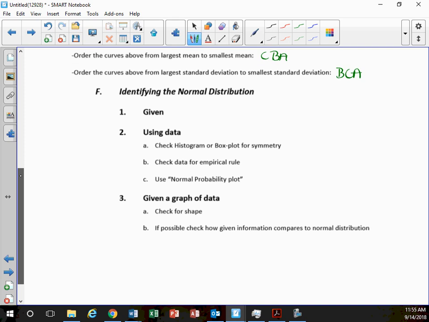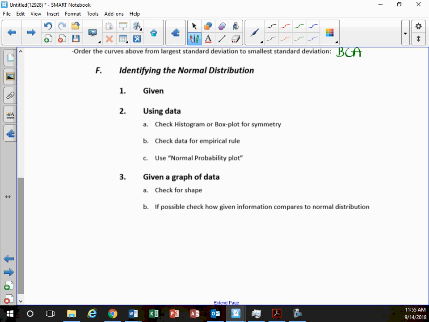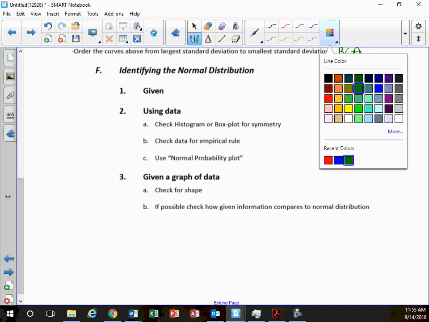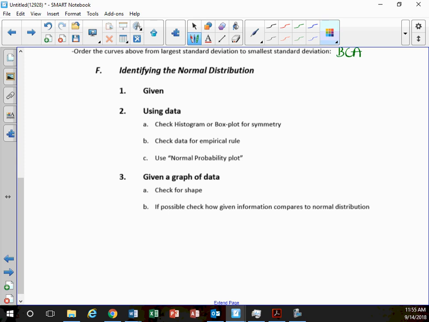All right, so identifying the normal distribution. This is something that you are absolutely going to do on free response questions on the AP exam. Later in the year, we'll get to checking conditions, and one condition is stating that your distribution is normal. So there's a couple different ways you can go about that, and again, we'll look at those as we get further into the year. But you will absolutely talk about things being normally distributed. It can be given to you. You can actually use your data points. That one, be careful if you talk about a histogram.